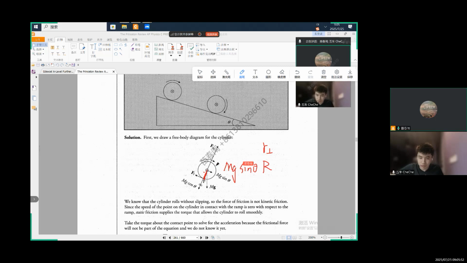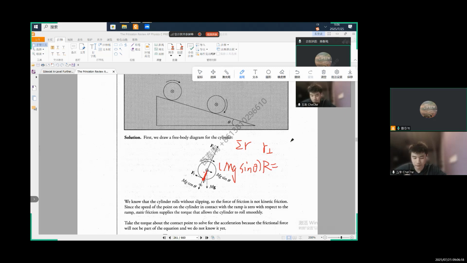This is the force, and this is the sigma torque about P, right? Does that make sense? So we choose it carefully. Actually, by trial and error, we choose P. Otherwise, your choice of choosing the center is also a choice. And since this is the one that I can use,